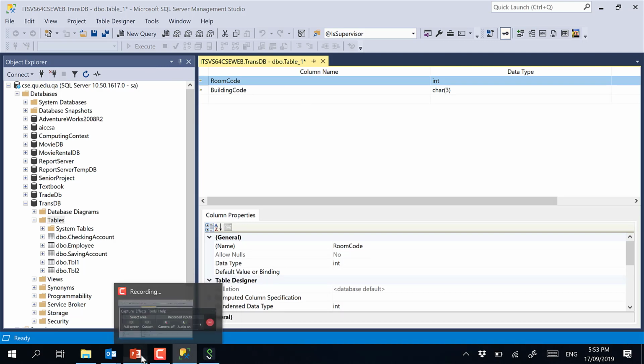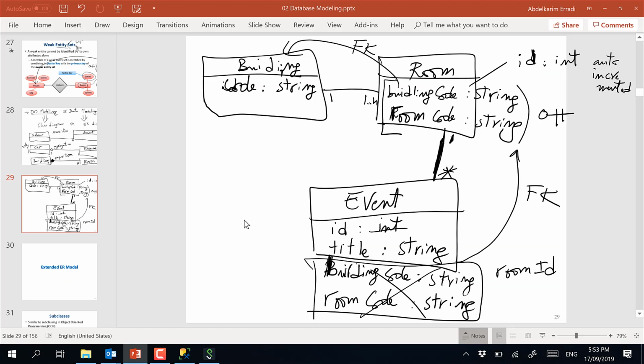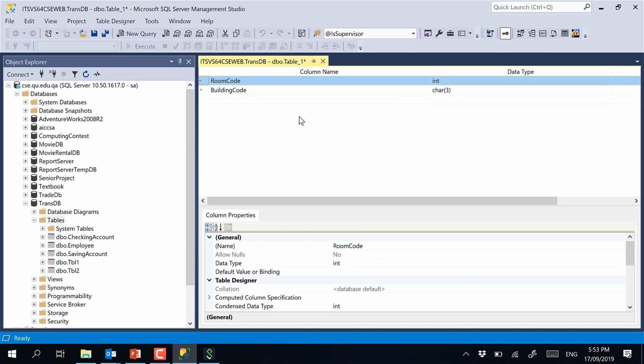All right, moving on. Any questions? Yes. But this does not mean that any composite key is weak. Not necessarily. There are other cases where we need to have a composite key. Okay. There are other scenarios. In most cases, let's just